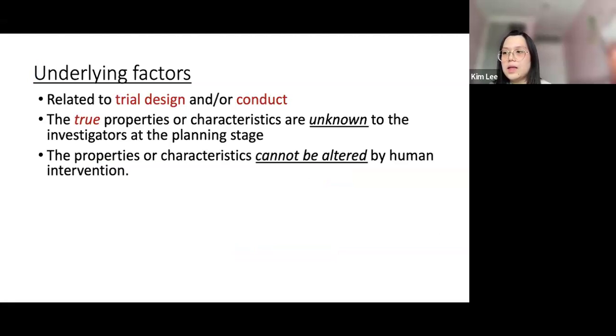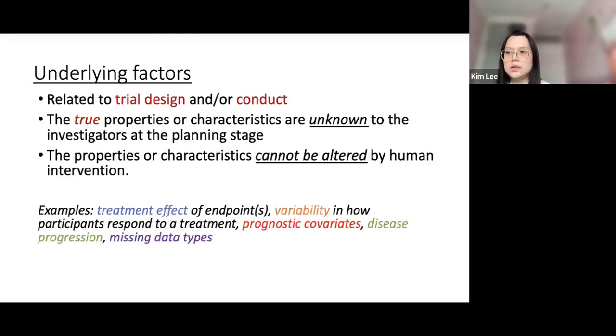So, what is an underlying factor? We define an underlying factor as a variable that is related to trial design and/or conduct. Its true properties or characteristics are unknown to the investigators at the planning stage, and the properties or characteristics cannot be altered by human intervention. Some examples are treatment effect of endpoints, variability in how participants respond to a treatment, prognostic covariates, disease progression, and